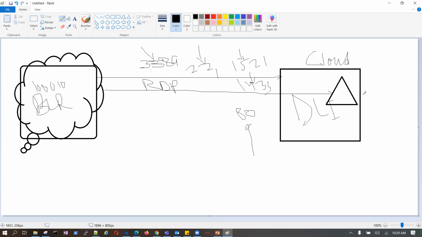And this is the target, let's say 23.10.1.5. So basically your simple target is: from 10.0.0.10, you want to connect to 23.10.1.5. Is that clear?